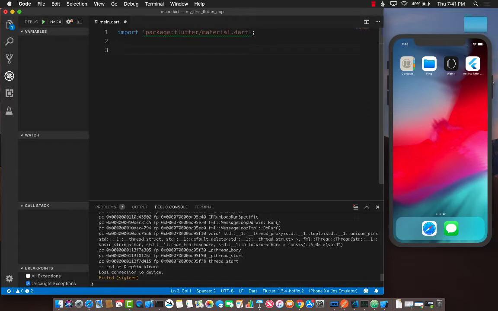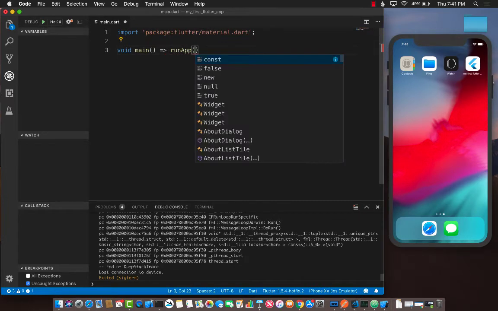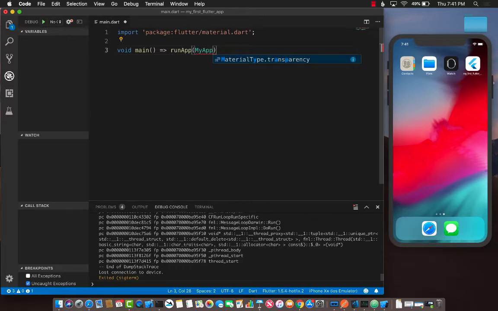And okay, there we go. Void main, and now we are running our main application. So runApp, and I'm going to call it MyApp. That's fine. Now there is no such thing as MyApp, so we need to create MyApp, which will be a class. So class MyApp extends